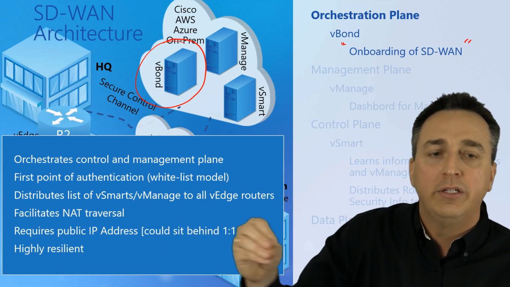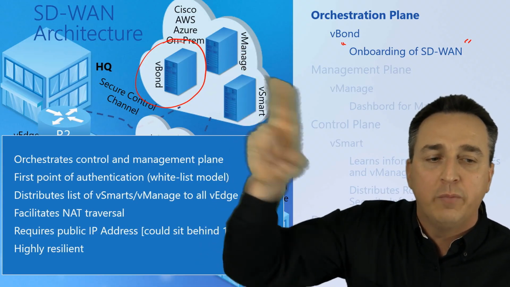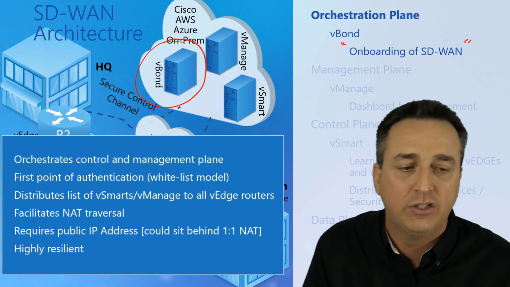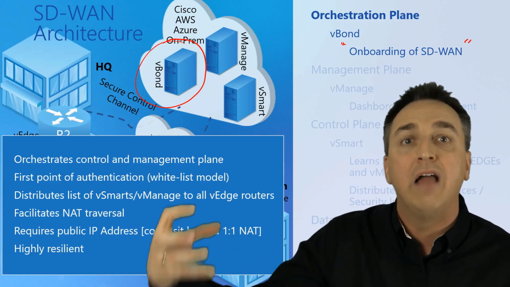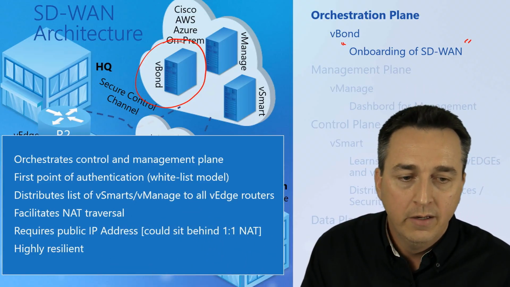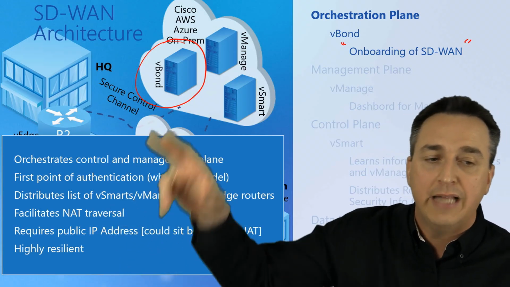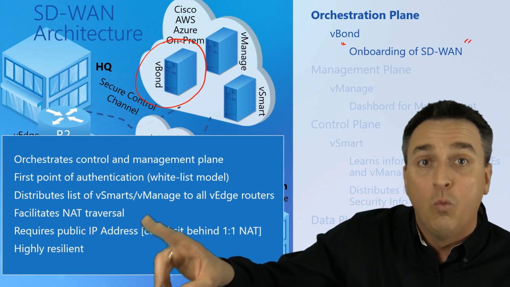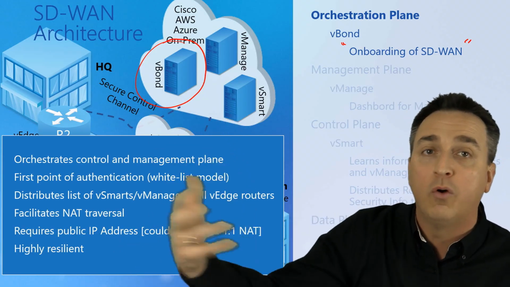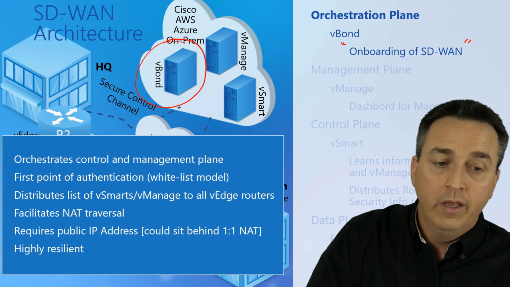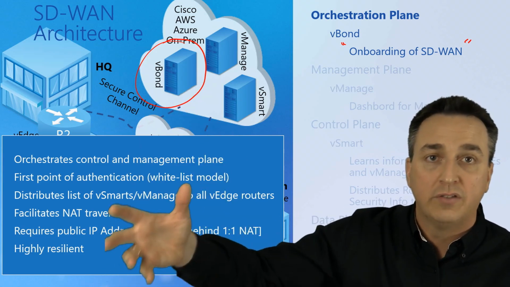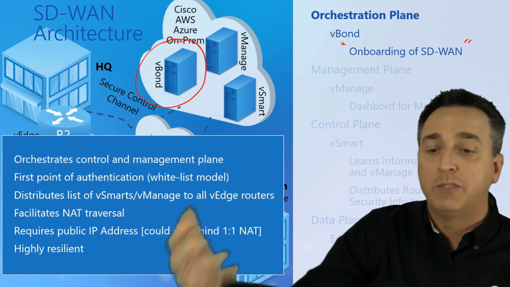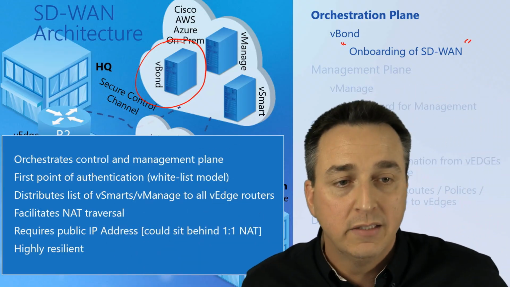It then has the ability to distribute the vManage information and the vSmart information to your edge devices, virtual and physical edge devices. So meaning your routers that form your tunnels over the WAN. It can do NAT traversal, or facilitates NAT traversal. vBond is going to have a public IP address. Why? Because it needs to be reachable over what? The internet. And it's going to be a highly resilient device of some type. Meaning you're going to have to make sure it is resilient because it's responsible for the onboarding of your devices when they come up.